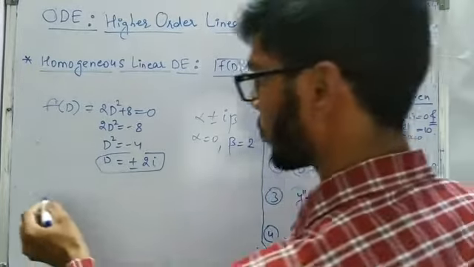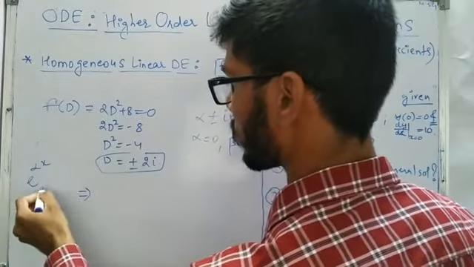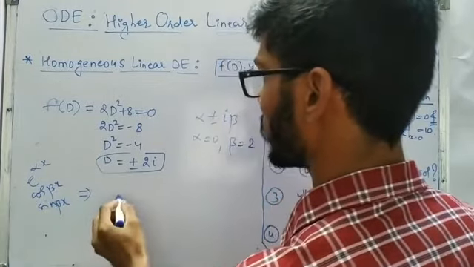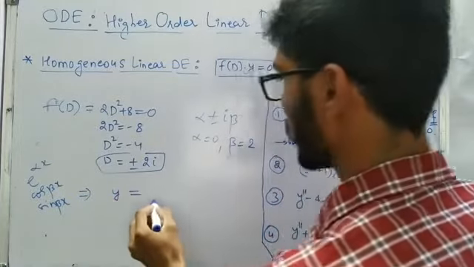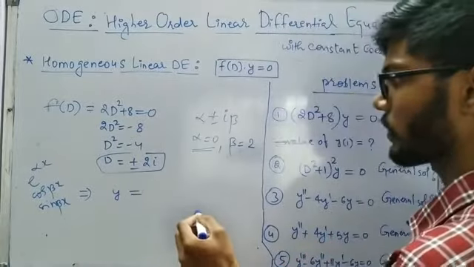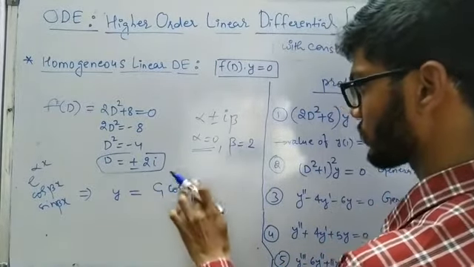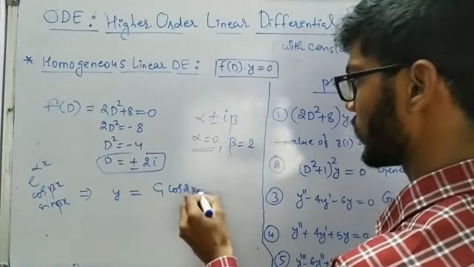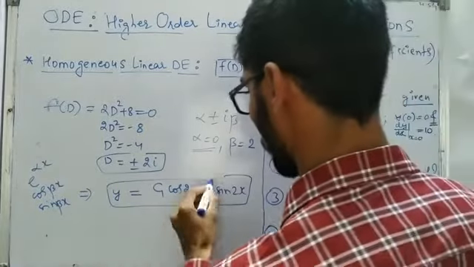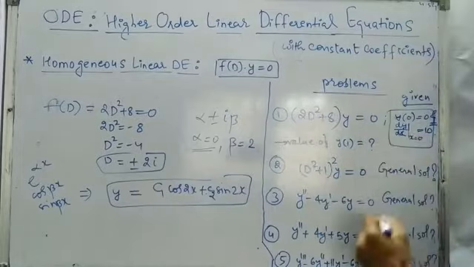So in the case of complex root we are going to get the terms as e power alpha x and cos beta x and sin beta x, right? So the general solution will be y is equal to e power alpha x, but alpha is 0, so e power 0 is 1, so we are not going to get the e power alpha x term. So c1 cos beta x, beta is nothing but 2, c1 cos 2x plus c2 sin 2x. So this is going to be our general solution, but to make it exact one we have two conditions that we have to make use of.